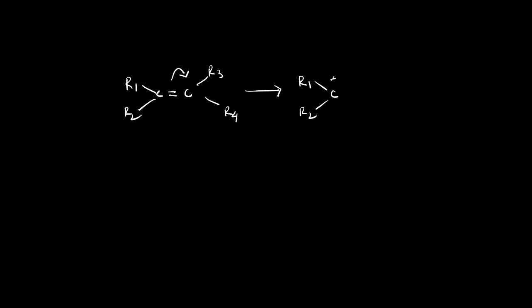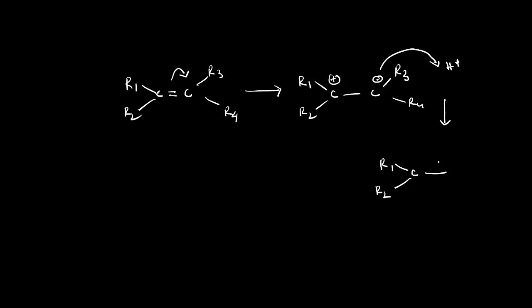Initially we have any kind of alkene, R1, R2, R3, R4, and after dissociation we can make this kind of situation, R1, R2 positive, R3, R4 negative, okay. So first of all, this negative charge will react with H plus, and we are expecting a situation like this,